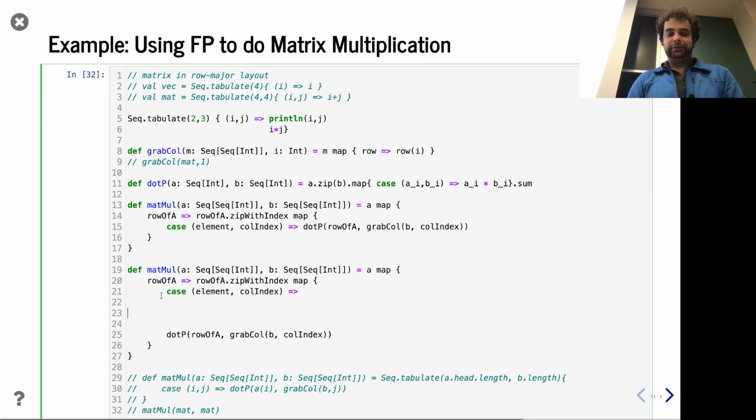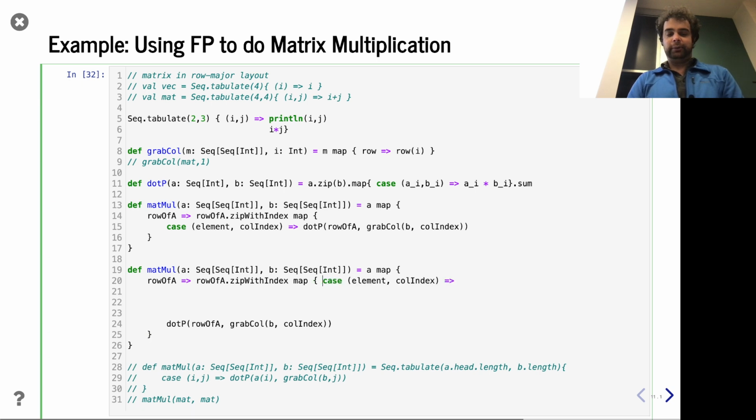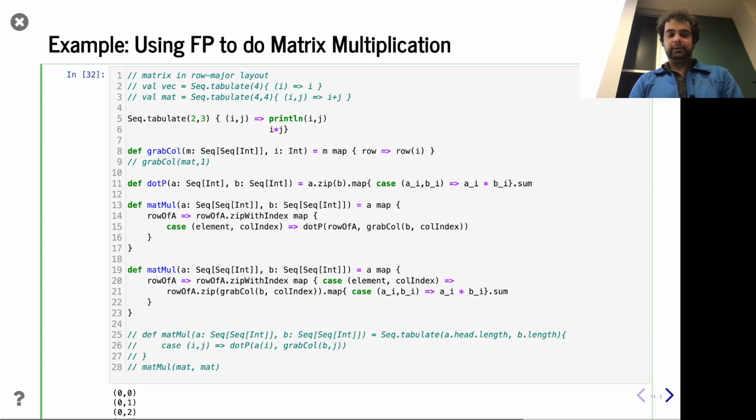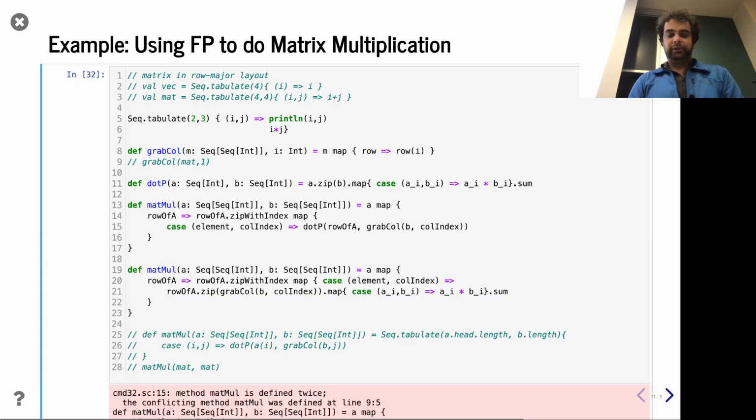In this case, I might choose to put this case on the prior line because we're going to run out of space in a hurry. All right, so A is now row of A. And then B is going to be, well, for now we can leave grab col in there. But we can see already,